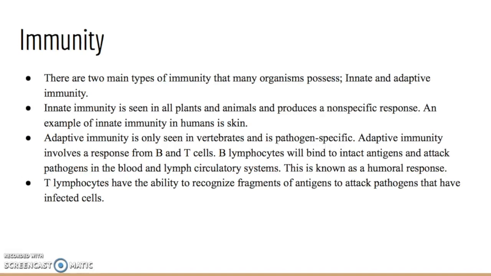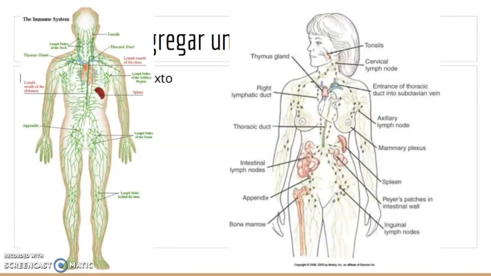B lymphocytes will bind to intact antigens and attack pathogens in the blood and lymph circulatory system. This is known as a humoral response. T lymphocytes have the ability to recognize fragments of antigens to attack pathogens that have infected cells. This is a diagram of the